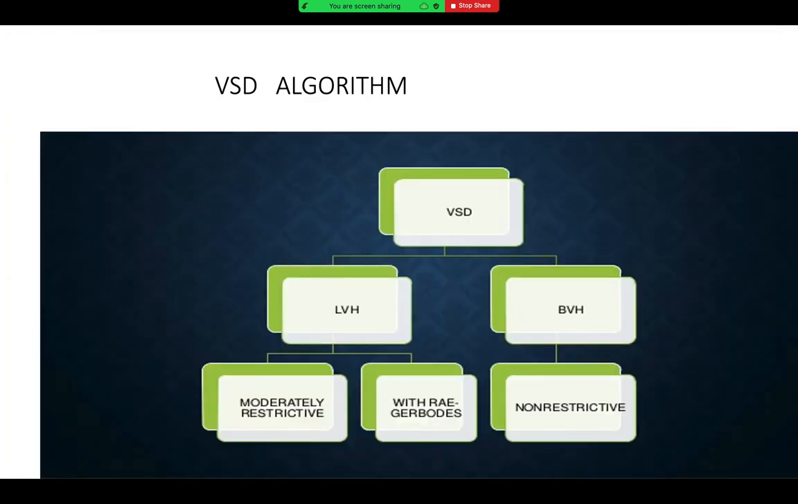So how do you classify the ventricular septal defect? To make it a little easier, as I had already said, there are two things which can happen. One is that only the left ventricular hypertrophy will happen, otherwise both sides will get hypertrophied. If both sides are getting hypertrophied, it simply means only one thing: it's a non-restrictive type. Otherwise, if it is left ventricular hypertrophy only,